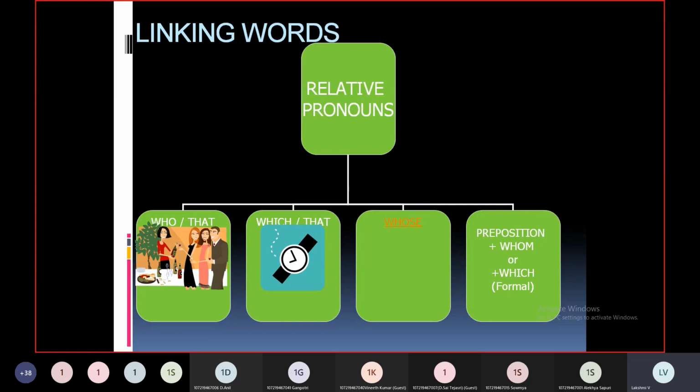If that particular person is used as the object of the verb, then we use whom. Whenever we would like to talk about things, we use which, whether it is the subject or object of the verb, it's immaterial. Whatever it is, we use which. Whose is a relative pronoun to describe the ownership of a noun, or possession, to show that something belongs to someone or something.